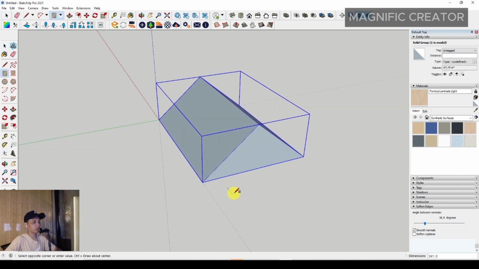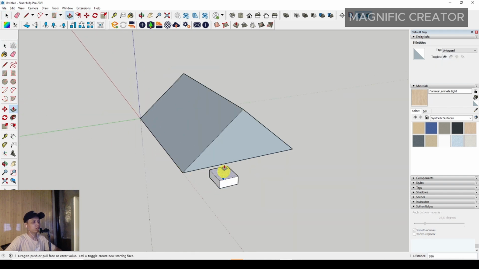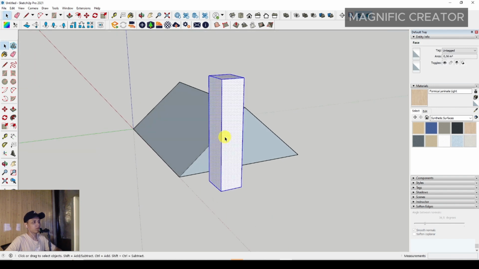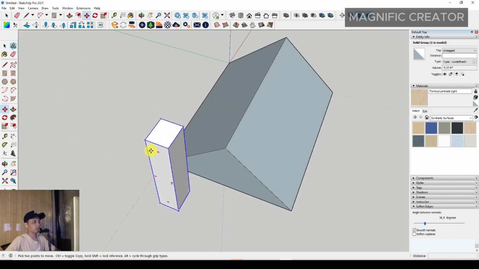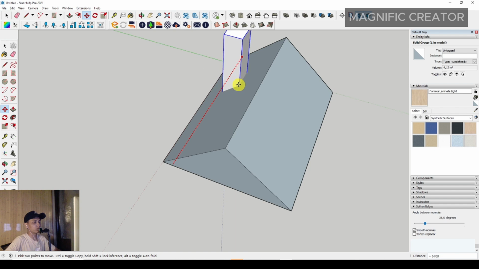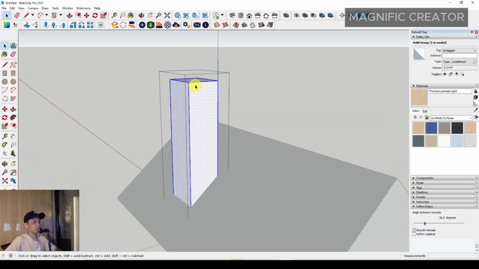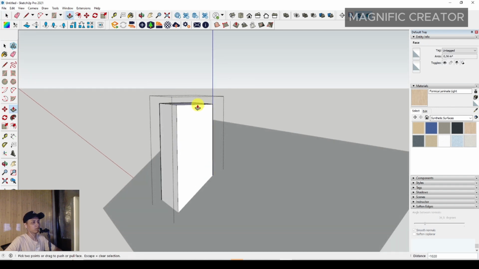a rectangle of any size with a proportional size, maybe around something like this, and then you can push it up and push it up, and then you can make it a group anyway. You can move it to any position as you want. Then you can adjust this so as not to hide